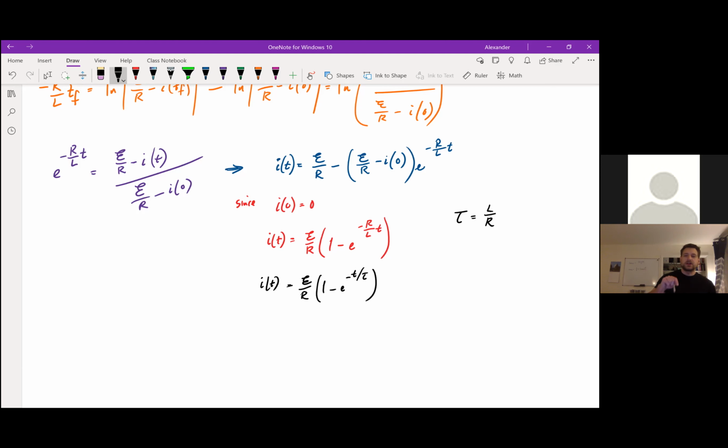The fact that the buildup equation for an inductor in an RL circuit looks so much like the buildup equation for a capacitor in an RC circuit